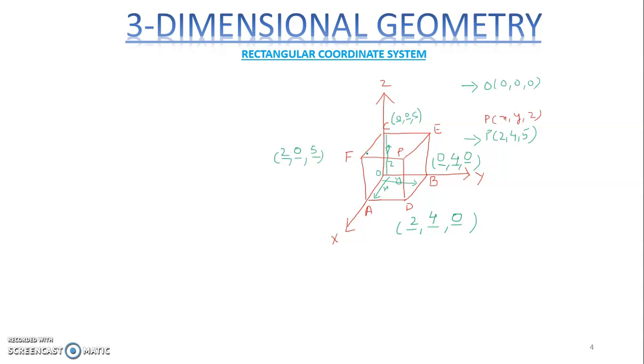And then on the planes: this point F is lying in this XZ plane, so in the XZ plane, Y coordinate is 0. Don't get confused in this. Now D is lying in the XY plane, so in the XY plane, Z coordinate is 0. And in the YZ plane, if you calculate the coordinates of this point E, which is not coming, X, that will be 0. So have you followed?